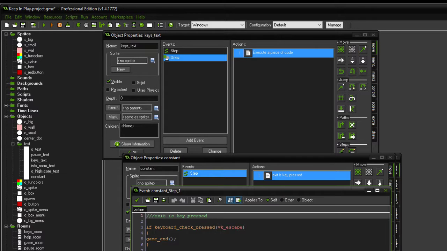Since we've already got this, here's this one. I'm also gonna get rid of that. If keyboard check rest RD and the problem is that C is just too close. I don't want it to be C because